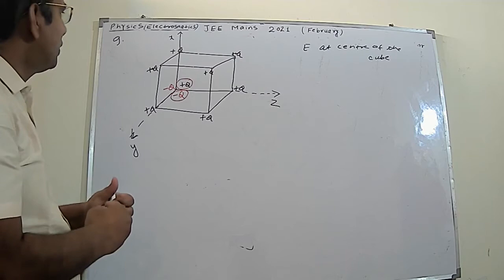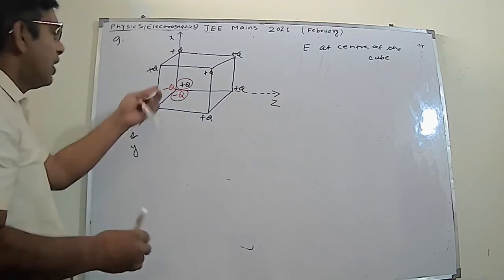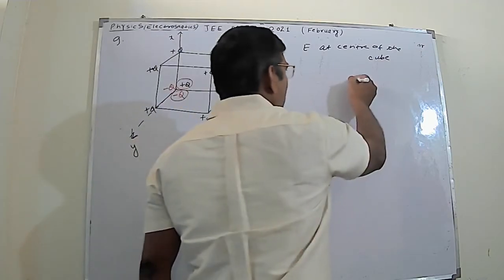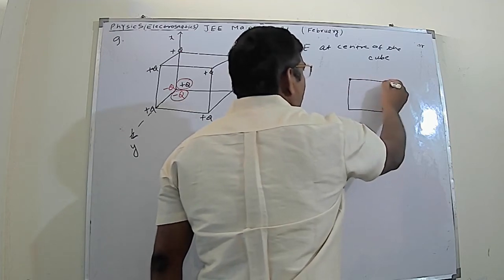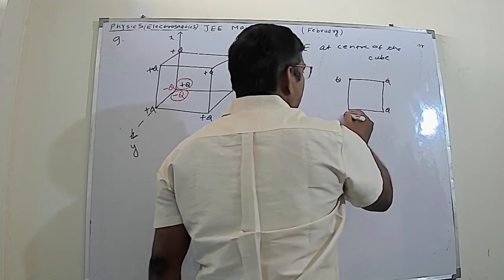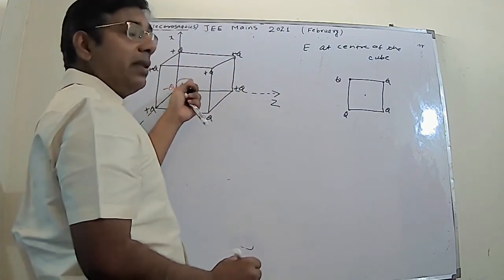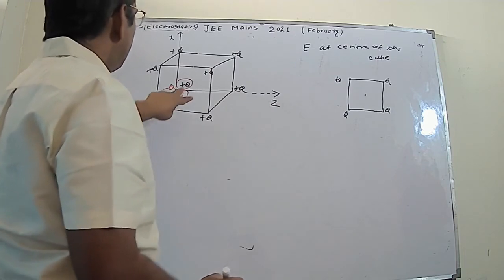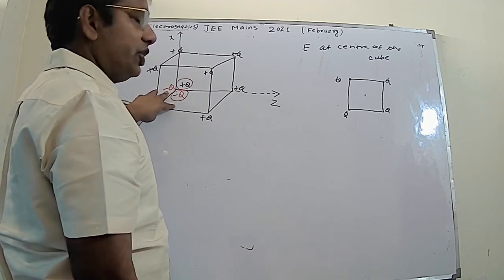So now it has become, we know that if a plus q charge is at all corners, then at the center there will be no net electric field, right? Like the problem is like this: suppose a square in 2D, plus q charge is there, plus q charge is there. Okay, so what will the electric field be here? The electric field will be 0. Similarly in the cube, what will be the electric field at the center? It will be 0. So the effective electric field will be because of this minus 2q charge.